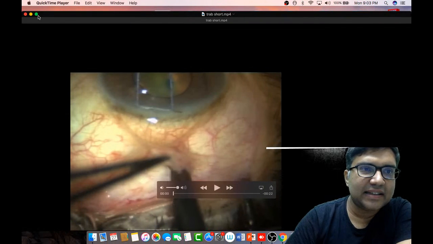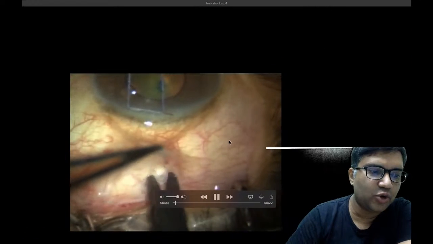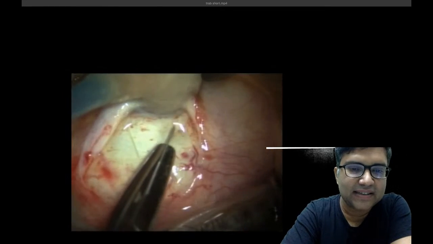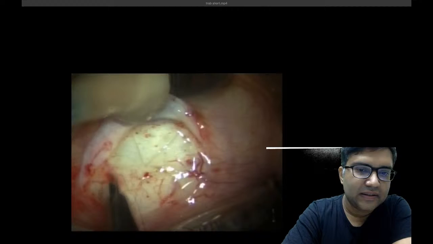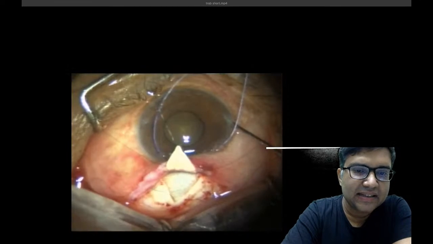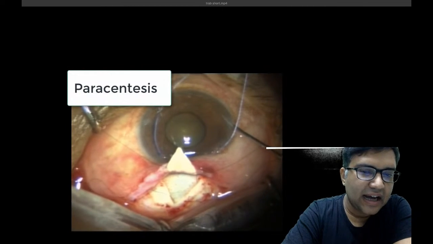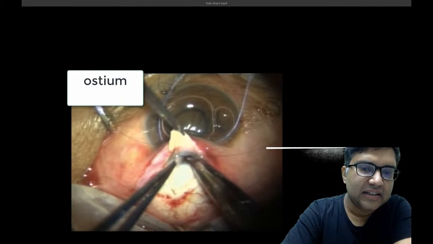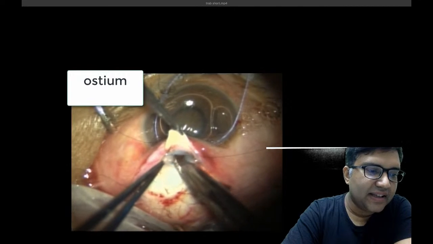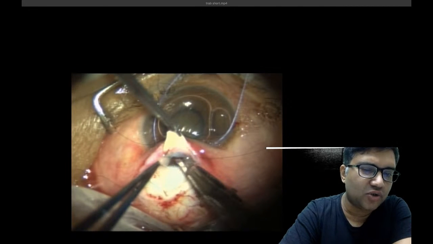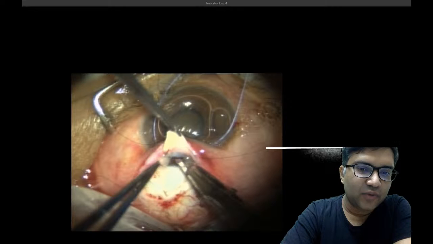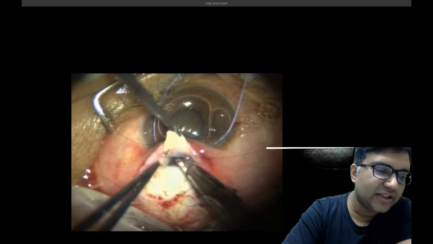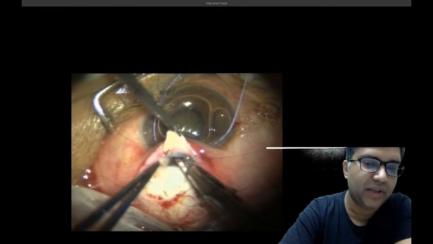What procedure, what surgery is going on? No, it is not a squint surgery, okay? It is the intravitreal injection. So what surgery is going on? I am making a scleral flap, and then I am making an incision, a hole in the sclera. What is this procedure called? This surgery is trabeculectomy, not vitrectomy.